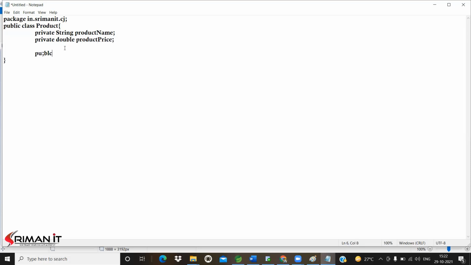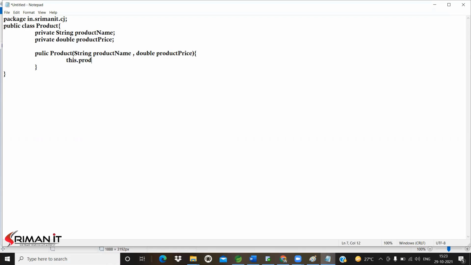Now I'm going to initialize these values from outside of the class by using a product constructor with two arguments: the product name and the product price. A private variable can be accessed from outside of the class in three ways: one is by using setters and getters, second is by using constructors, third is by using the reflection API.